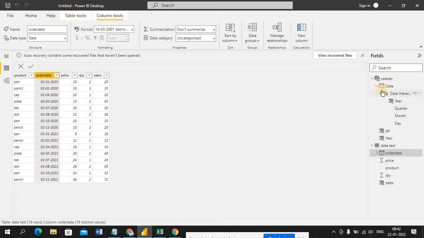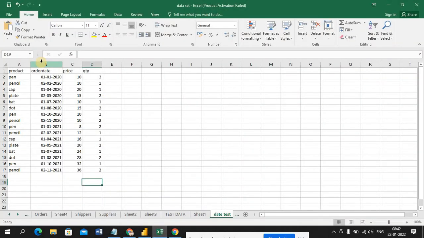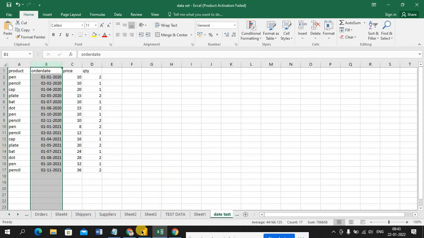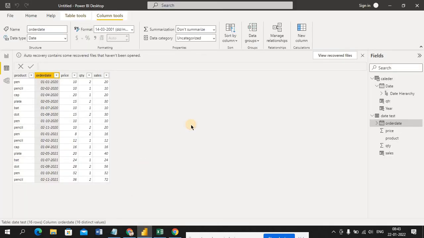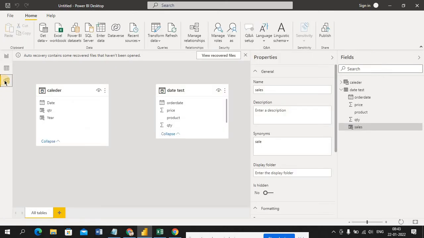Whenever you load any table with a date-format column, Power BI intelligence will provide a hierarchy year-wise, individually: year, quarter, month, day. So based on the column name and the format, Power BI tries to give you more information to fulfill your requirement.